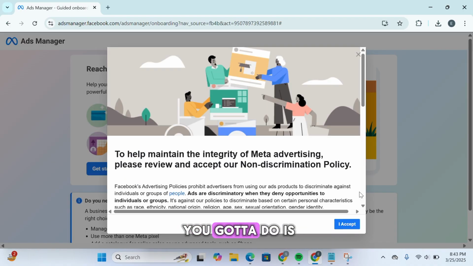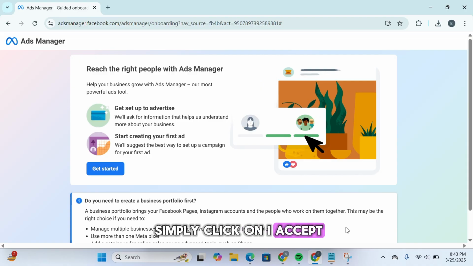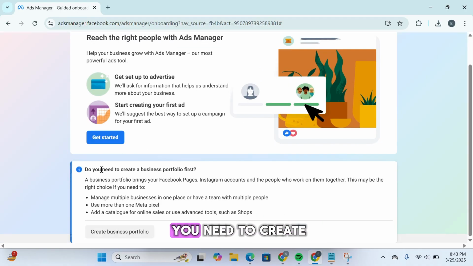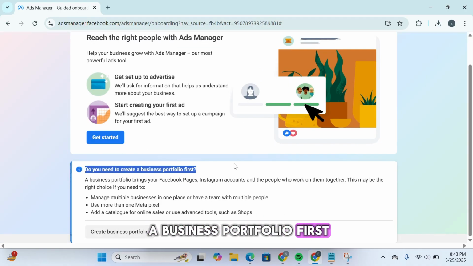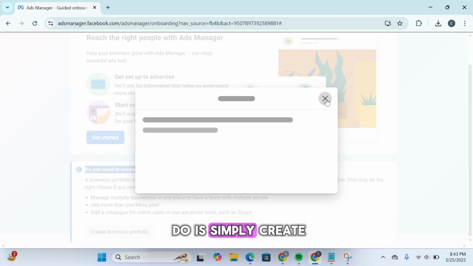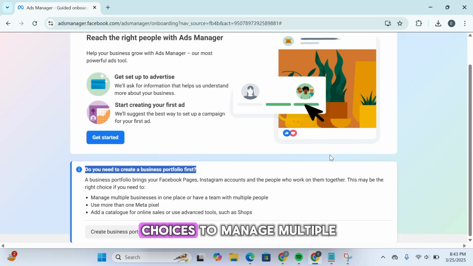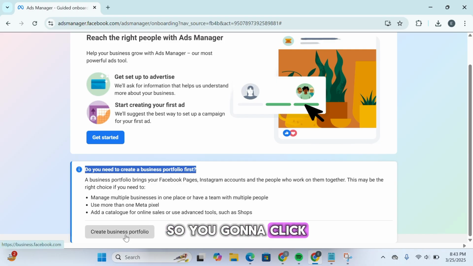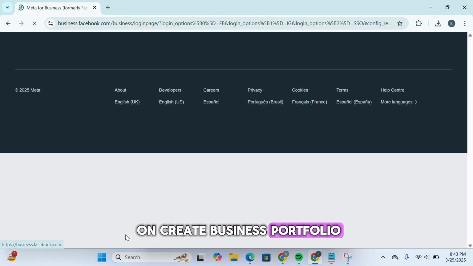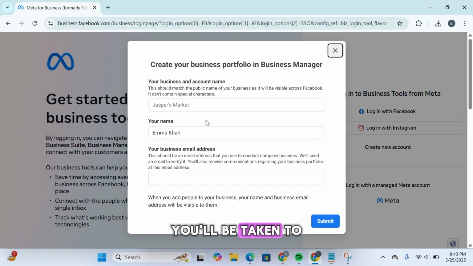So over here, what you're going to do is simply click on I accept, and here it would say that you need to create a business portfolio first. So what you're going to do is simply create a business portfolio. So you'd have the choices to manage multiple businesses in one place, or have a team with multiple people, use more than one meta pixel, and a catalog for online sales or advanced tools such as shops. So you're going to click on create business portfolio, and once you do so, you'll be taken to this page